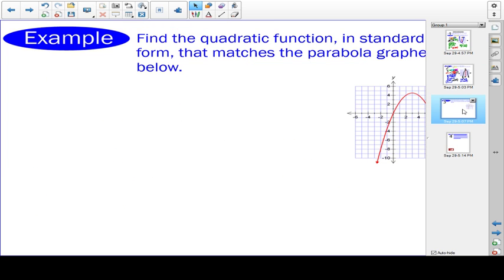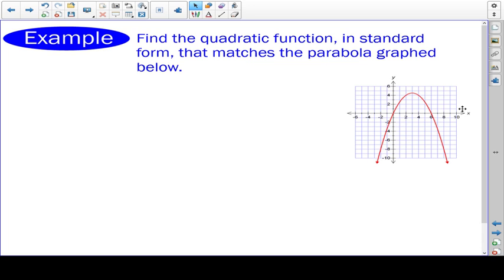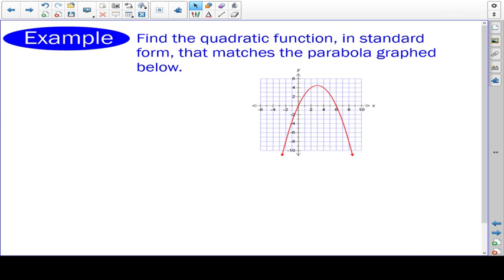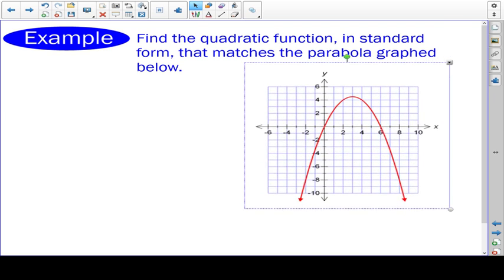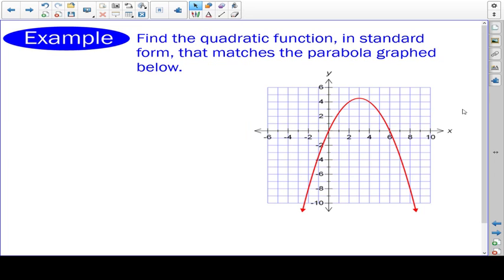Two more examples. Here's one. Find the quadratic function in standard form that matches the parabola given below. So what's this equation? Well, here's the thing. If we're talking about factored form, which is what we're doing today,